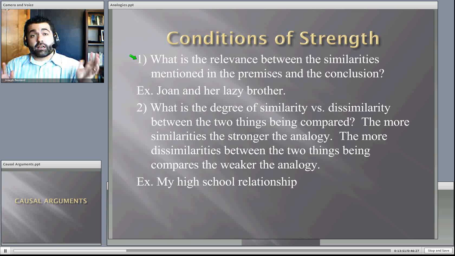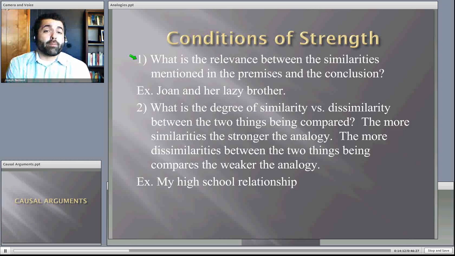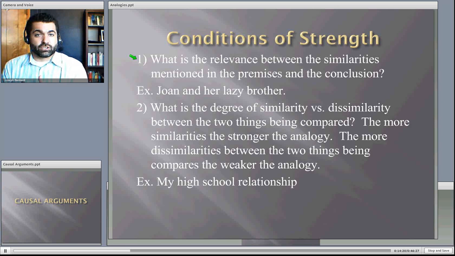If we wanted to talk about something that might be relevant, for instance, with my son, if my son has many of the same characteristics that I do, oh, he's got your hair color, eye color, he's about your height when you were that age, and then we say, well, therefore, he'll probably be coordinated like his dad. Well, that's a better analogy. There's more probability that that's the case because we know that coordination is the result of genetics. If my son has all these other traits in common with me, then he might have that genetic trait, coordination, as well. So that would be a better analogy, but in this case, it's not a good one for this reason, right? You want to make sure the similarities are relevant for the conclusion you're making.